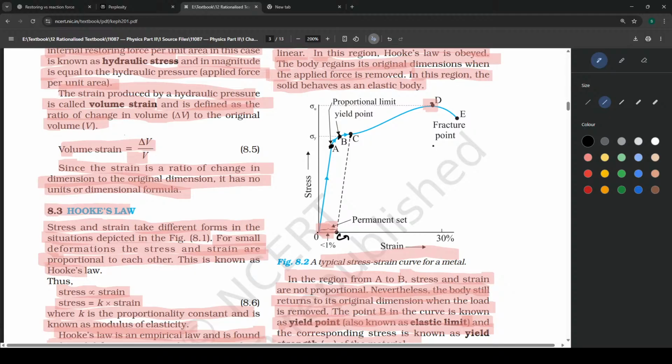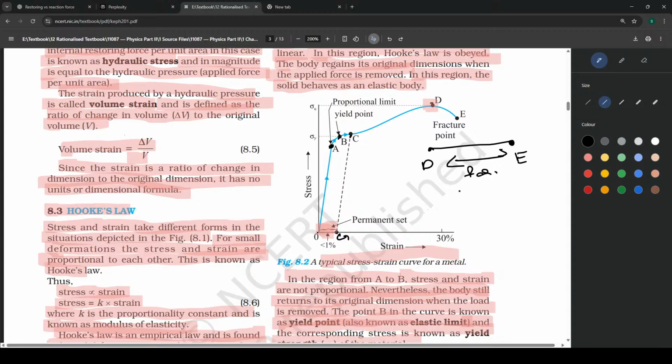Let's assume the distance between point D and E is very far apart. In such a case, D is the ultimate tensile strength of the object and E is the fracture point. So when we continue to apply force after the ultimate tensile strength, the object will continue to elongate. This only happens when D is very far from the fracture point. This continues until it reaches the fracture point. If the distance between D and E is far, the material is said to be ductile, meaning it can be elongated into long wires. That is basically useful for us